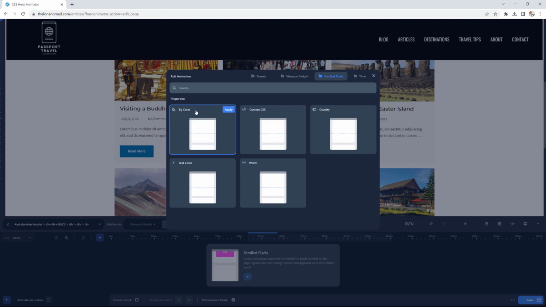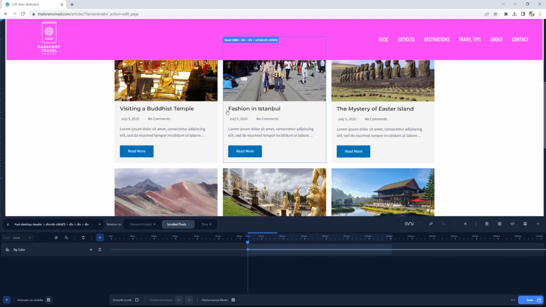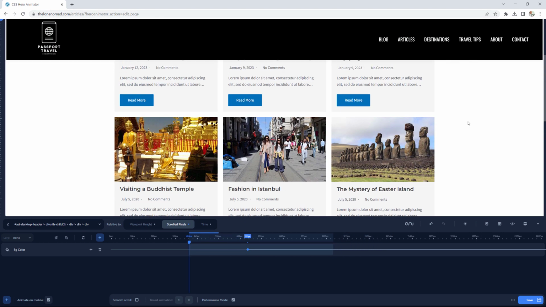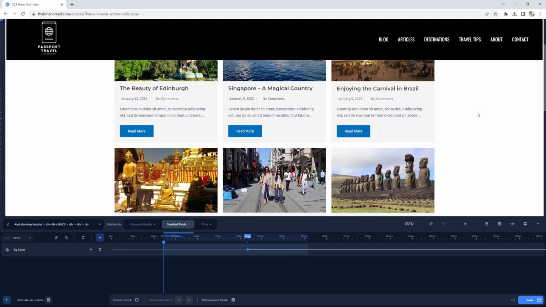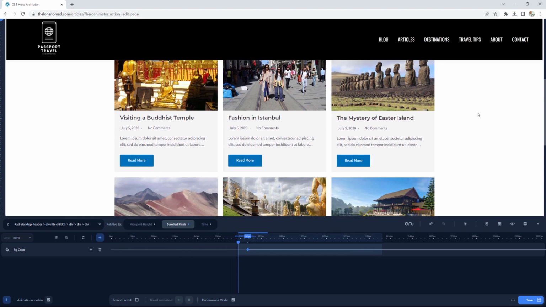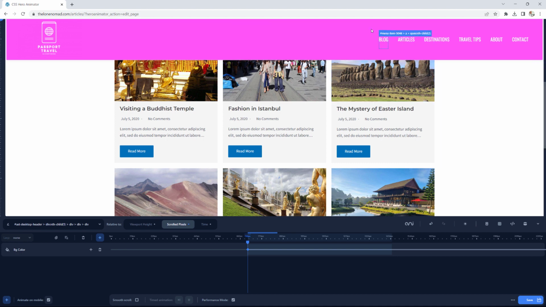Okay, let's change the background color from black to something else. So I'm going to click on apply, and by default we have the pink color, which I do not like. We'll change that, but let me scroll back to the very top. At the start nothing is happening, but we do have one step right here, which means that once the user has scrolled past the very first step, at this point the background color will turn to pink,